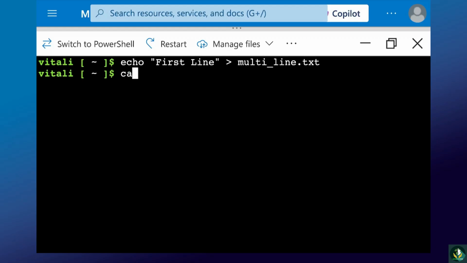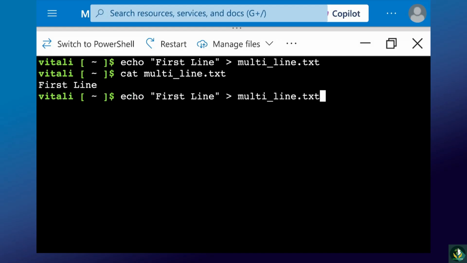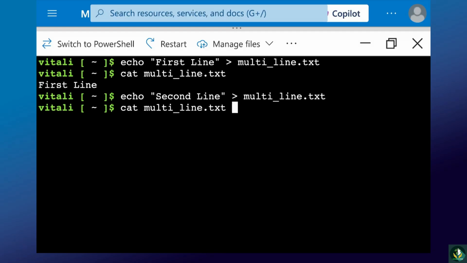Now, if we cat the contents of this multiline.txt file, we'll get first line, right? Now, if we rerun the previous command, change this first line to second line, and output the contents of multiline.txt, we'll get second line in this file, because